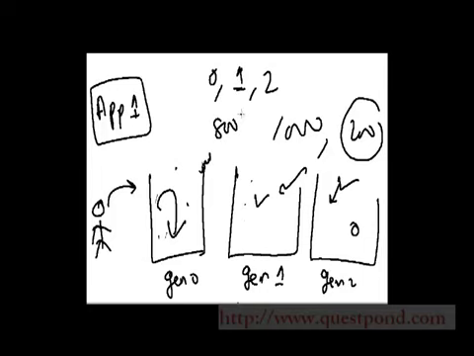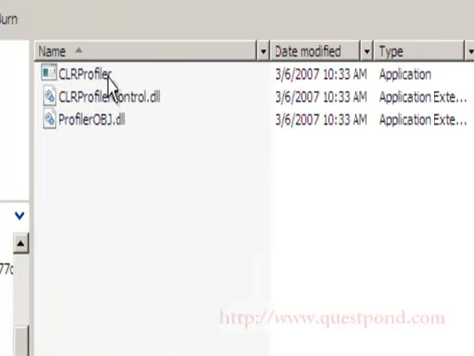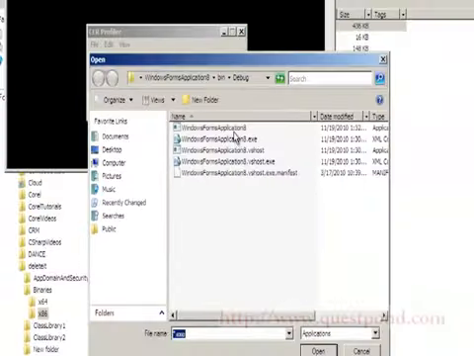And let's go to the CLR Profiler. The CLR Profiler is a tool which you can get from Microsoft.com. If you go to Microsoft.com and search for CLR Profiler, you will get two downloads, one for 64-bit and one for x86, so you can take whichever is appropriate for your environment. Let me run this profiler, browse to the application and pick up my application here. There goes my button, and let me go ahead and create the 1000 objects. It will create the 1000 objects, and let me close this.